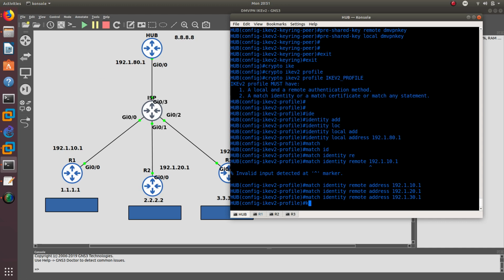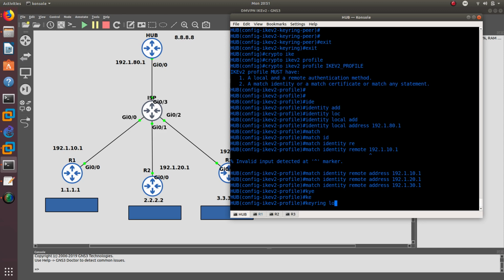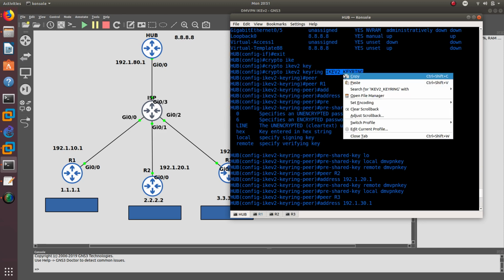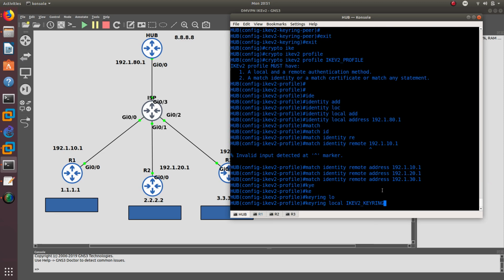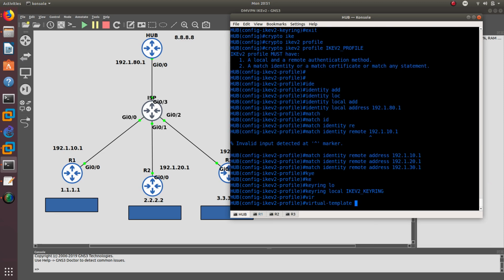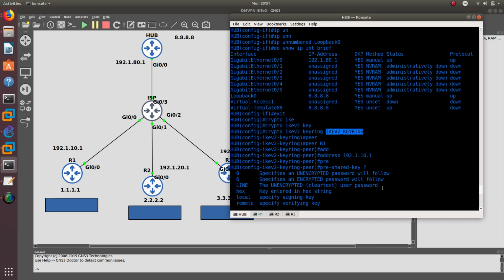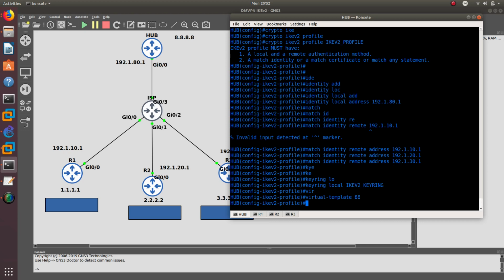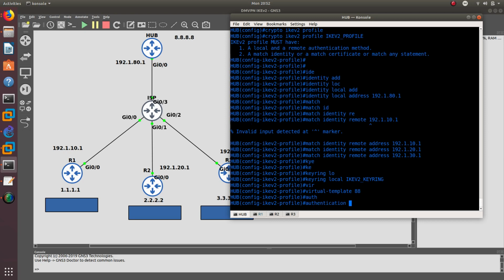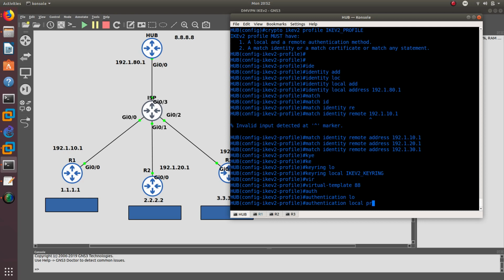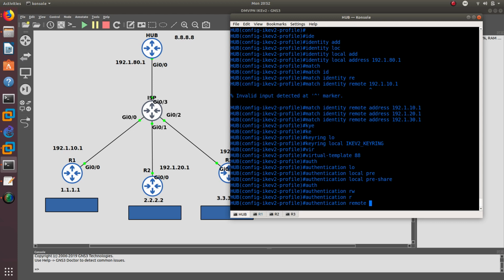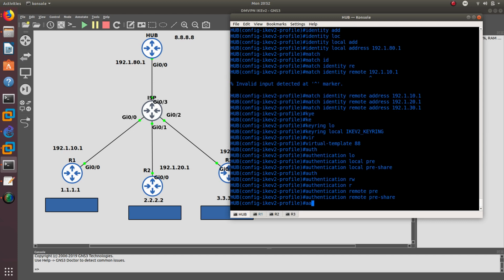And then we need to add the local keyring, which we called IKEv2 keyring. So we need to attach it. We also need to attach that virtual template, which we called 88. There we go, virtual template 88. And then we need to do authentication. For the local it is going to be pre-share key, and authentication for the remote is also going to be pre-share key. And then we do AAA